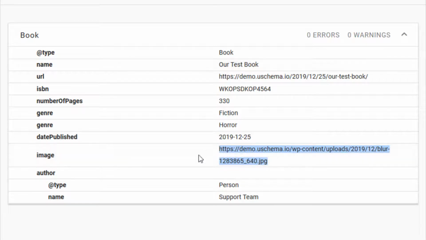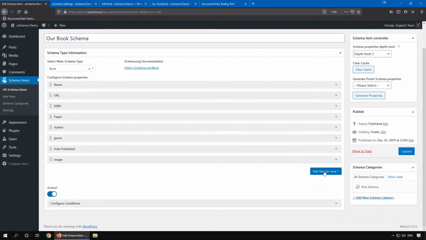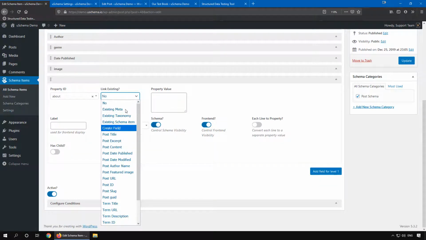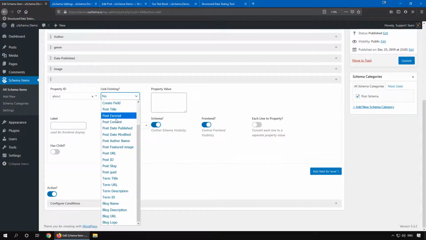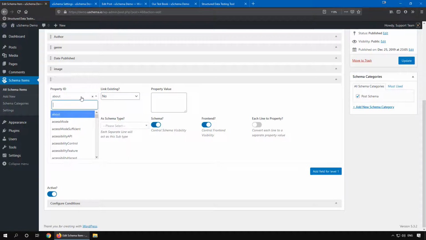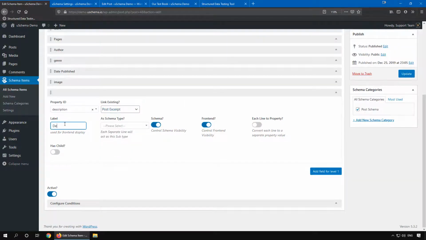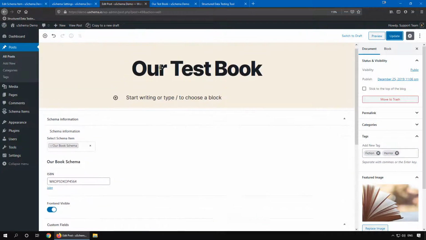So we are creating all this schema from the existing data that we already have for our post. So let's go to our schema and try to add other properties as well. So we have seen these options like post title, excerpt. Similarly, you can link to post excerpt. For instance, whatever the description of the book is found in the post excerpt, so it's a description, update, and if we go to edit post and try to add excerpt